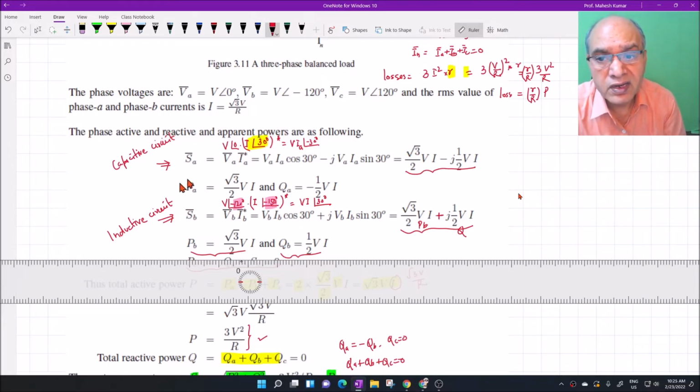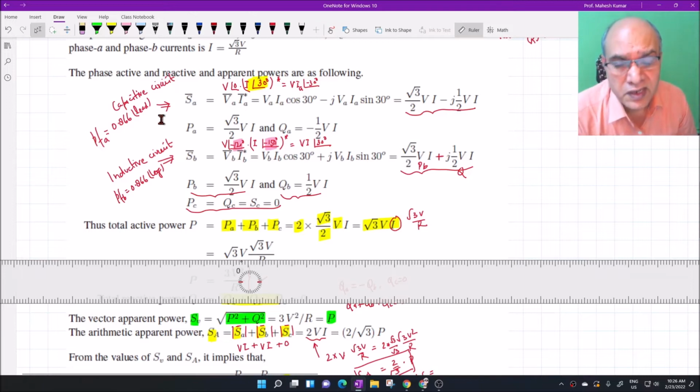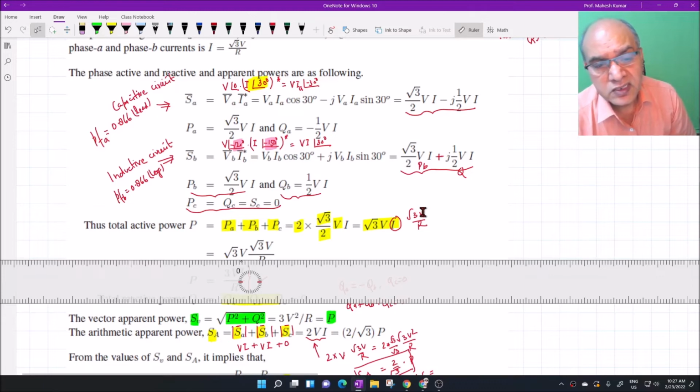and that causes the power factor. For example, A phase has 0.866 power factor, PFA. If you find out the individual power factor, phase A will be 0.866 lead because current is leading, and for phase B the power factor will be 0.866 lag, and phase C and N are considered as open. So this is a very interesting circuit. In fact, something is present and something is happening. This load is different, supply experiences it differently.